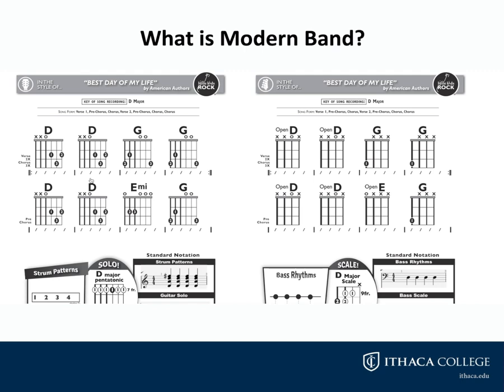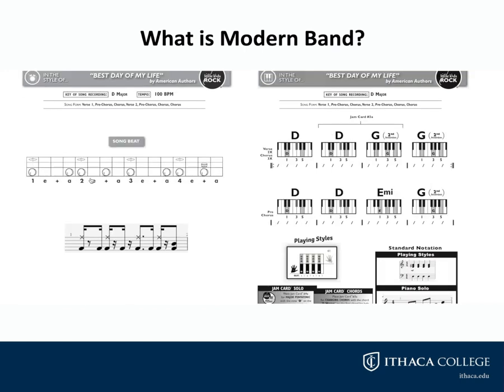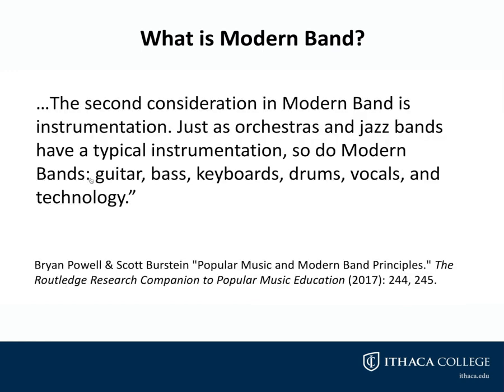This is how music is typically represented in modern band classrooms, so we see iconic notation through the use of chord diagrams, as well as pictures of the drum kit instruments and the keyboard layout. And these are forms of iconic notation that we will use throughout this presentation today. Powell and Burstein go on to say the second consideration of modern band is the instrumentation. And just as orchestras and jazz bands have a typical instrumentation, so do modern bands: guitar, bass, keyboards, drums, vocals,